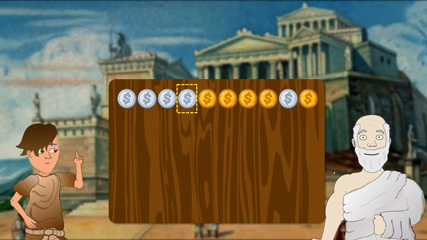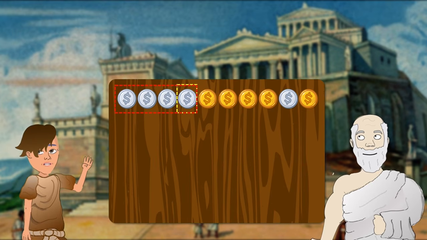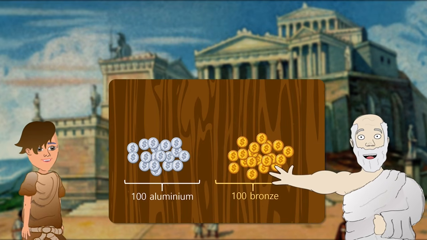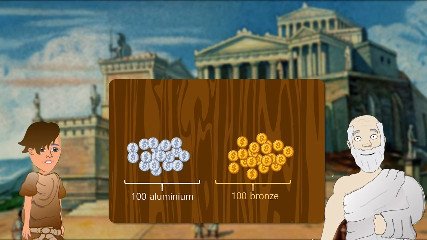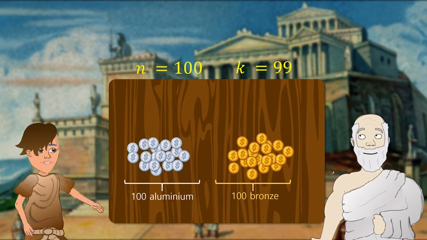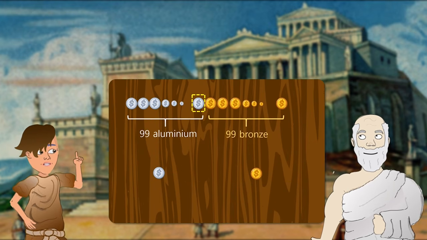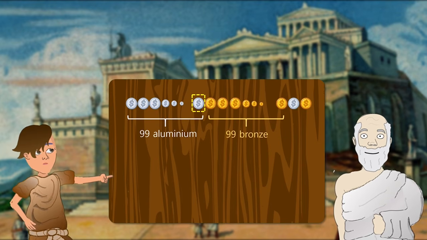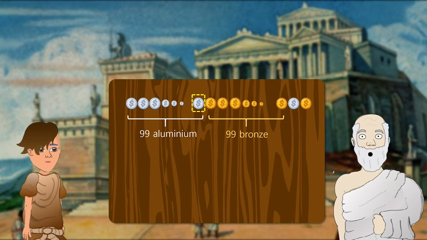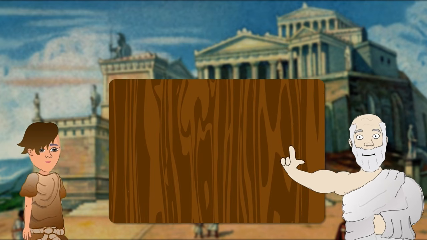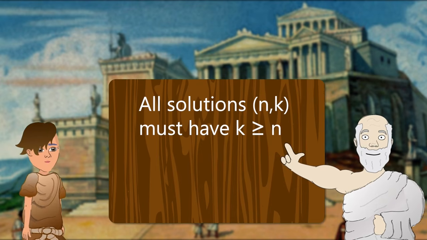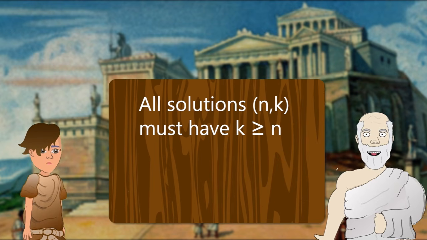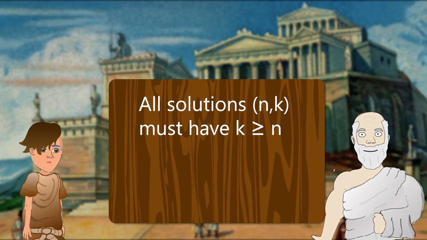It cannot be a solution. I would place the 4 aluminium coins on the end of the row and separate the other one. And if I were to give you 100 of each type and ask about k equals 99? Again, it would not be a solution. I would place 99 aluminium coins, 99 bronze, and the last aluminium and bronze. Again, the sequence would never change. So would you say that you have proved without a doubt that for the pair n, k to be a solution, the k value must be at least as large as n? Certainly. Well done, boy. I feel quite proud of myself.